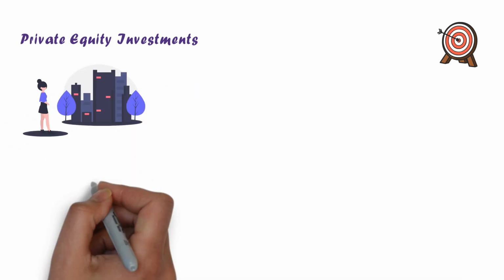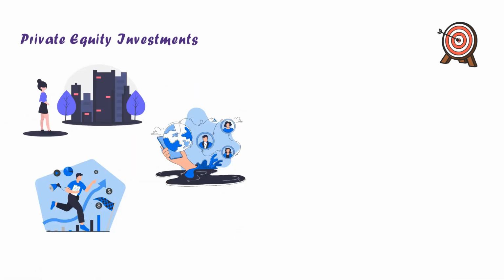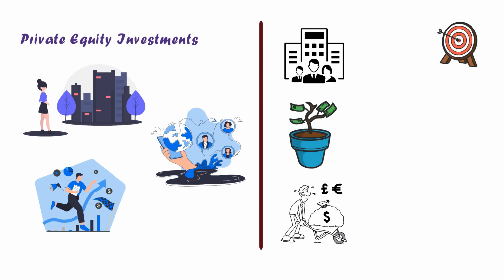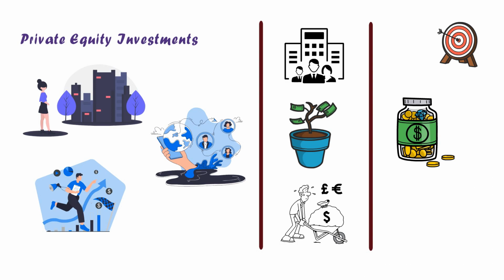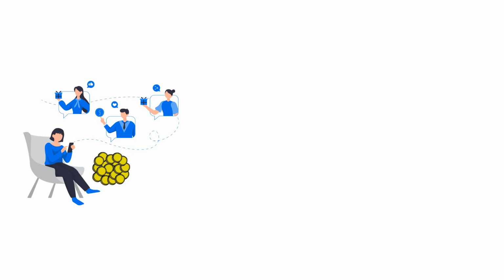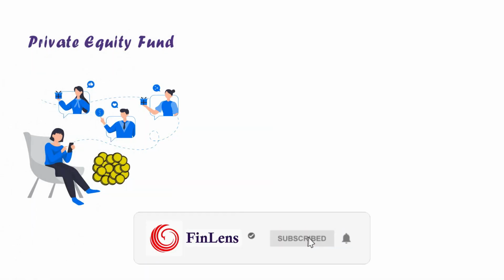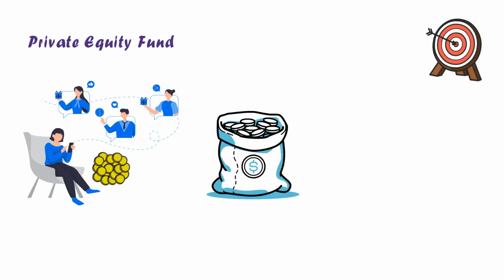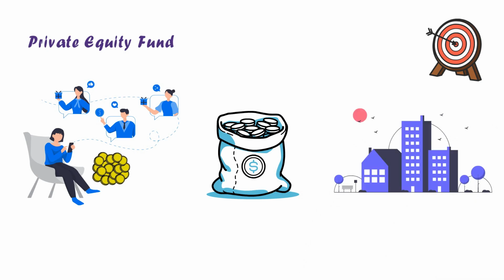Let's understand what private equity investments are. Private equity investments typically aim to create value in private businesses by financing growth, operational improvements, or other changes. Combined with active ownership, longer time horizons, and financial leverage, those changes may produce higher returns than are common in public equity. To invest in a company, private equity investors raise pools of capital from limited partners to form a fund, also known as a private equity fund. Once they have hit their fundraising goal, they close the fund and invest that capital into promising companies.